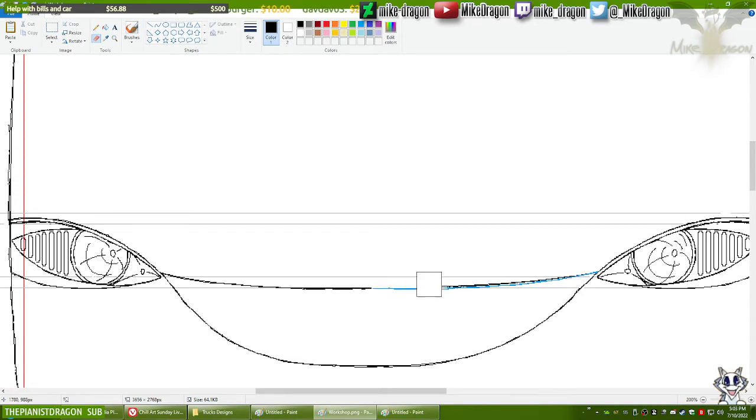Alright, let's see if that has fixed it. Let's just turn the line to a black one. Let's see if it is better.